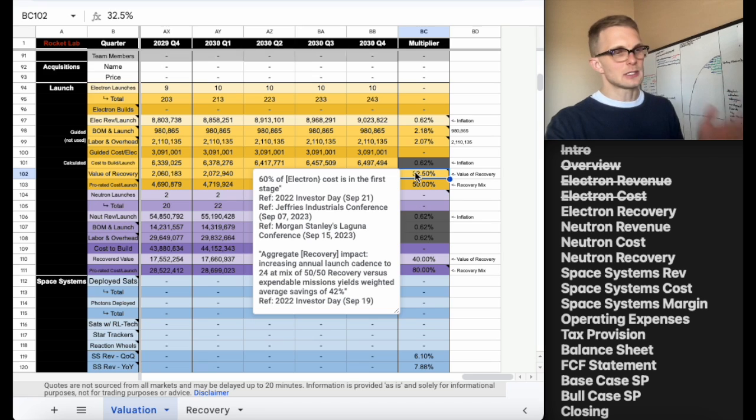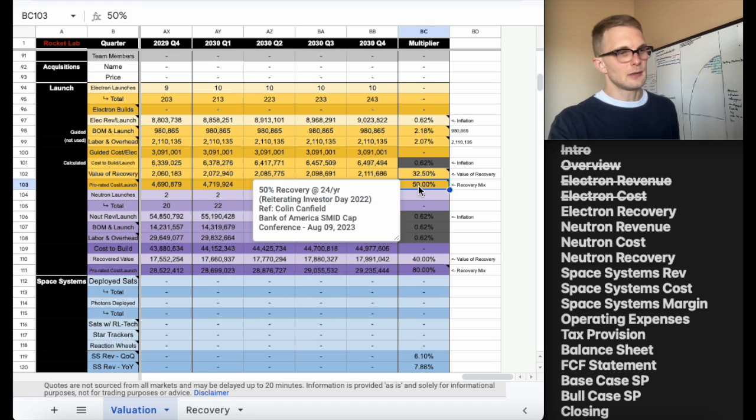So similarly in this multiplier column, the next cell down, this is your recovery mix. So what I mean by that is in the past, Rocket Lab has given guidance that they want to recover about 50% of their electrons. But this was mentioned during Investor Day 2022. Now during this time, this was September of last year. So this is just prior to the second helicopter attempt, which